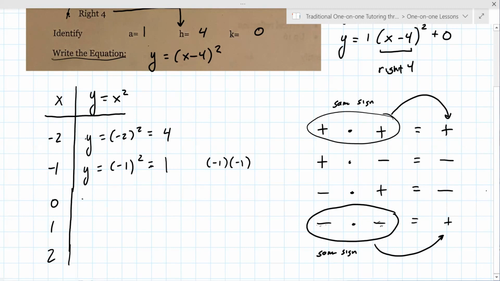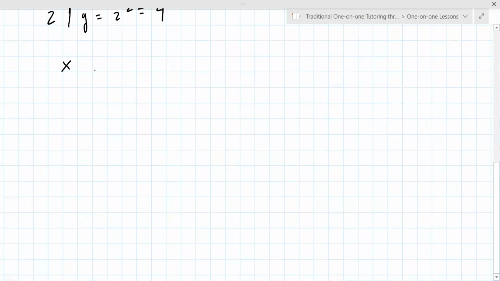Positive 1, good. The next one is y equals 0 squared. What is 0 times 0? It's just 0. Good. y equals 1 squared. What is 1 times 1? 1. y equals 2 squared. What is 2 times 2? 4. Okay, so to summarize here, and this is what's really important, when you are given the